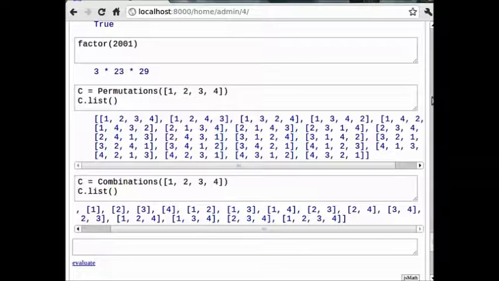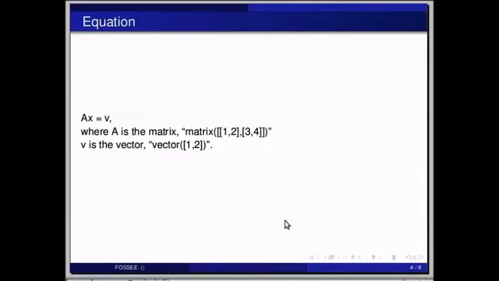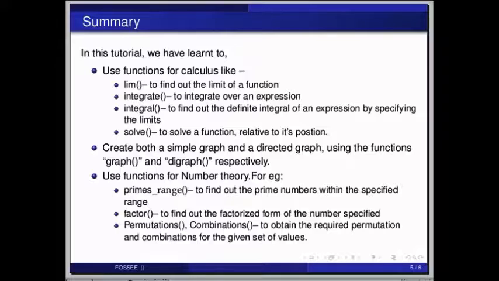So this brings us to the end of the tutorial. In this tutorial we have learnt to use functions for calculus like the limit function to find the limit of functions, diff function to find the differentiation of an expression, then integrate function to integrate an expression, integral to find the definite integral of an expression by specifying the limits, then solve function to solve a function relative to its position, then create both a simple graph and a directed graph using the functions graph and digraph respectively,